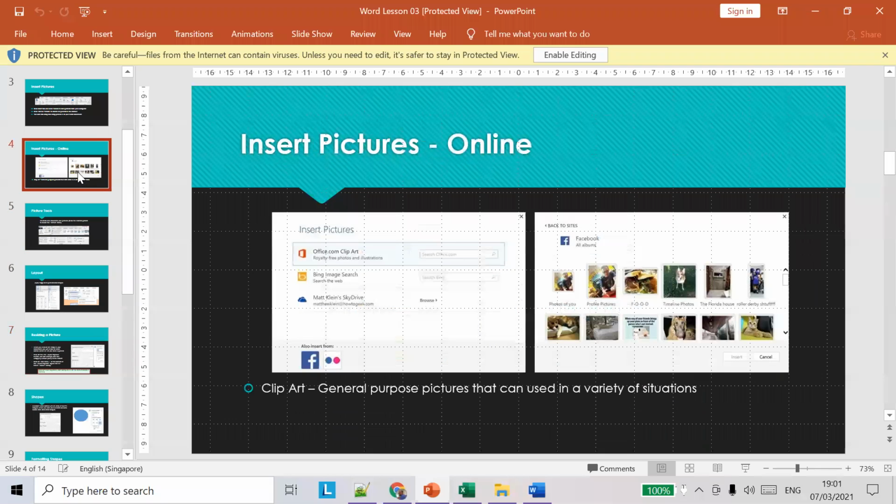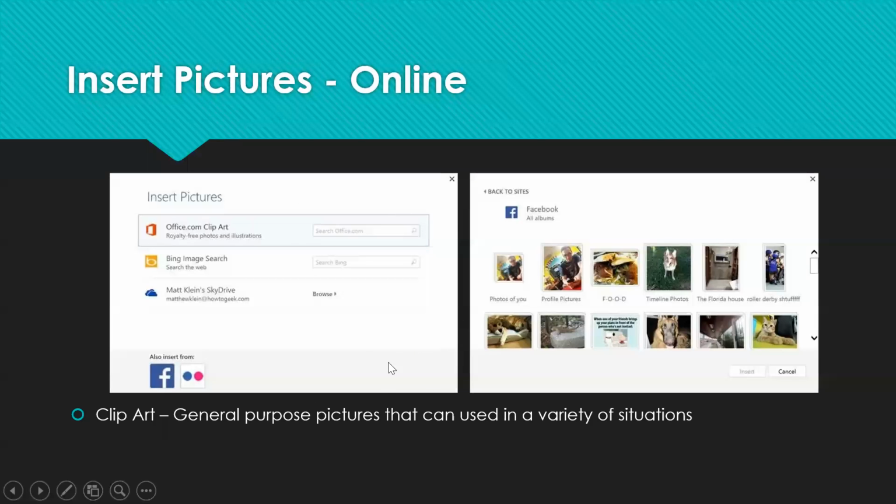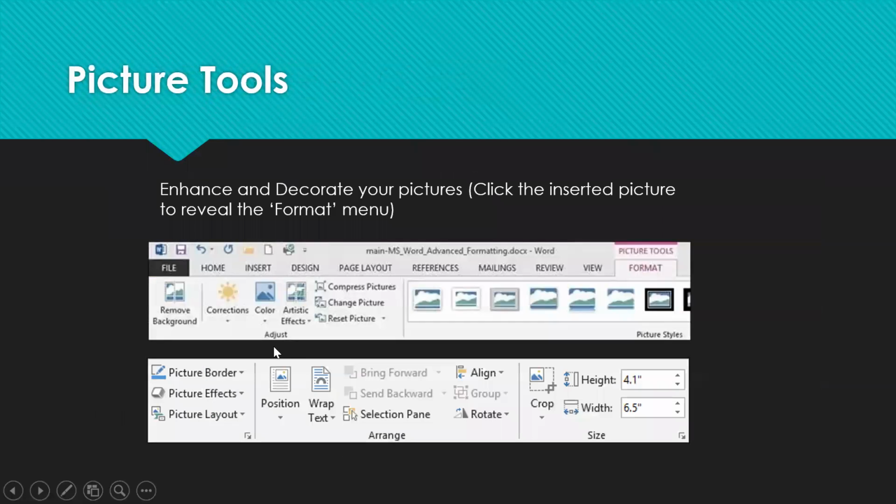So எவ்வளவு தூரம் பார்த்திருந்தோம்? நம்ம insert pictures வரைக்கும் பார்த்திருந்தோம், ரைட்டா? So we saw how to insert pictures. இதுல clip artலாம் கொடுத்திருக்காங்க. You don't need it, so leave it. Now we saw how to add pictures, so now we have to know how to format a picture. Now the picture is added, so we want to make it presentable. We already saw text formatting and paragraph formatting last class. Now we'll see how to format a picture.